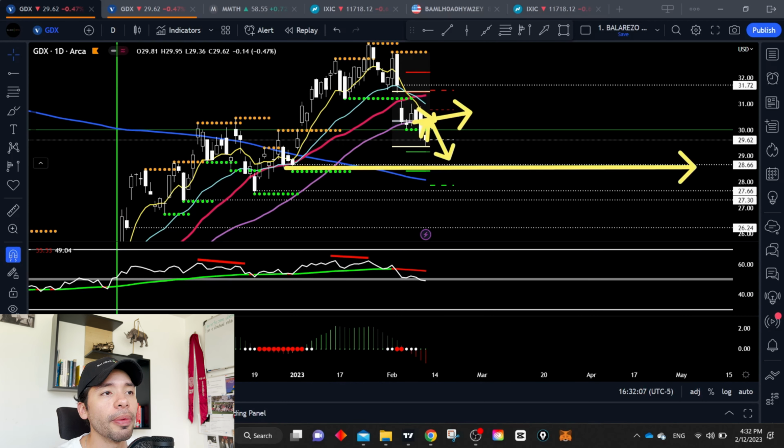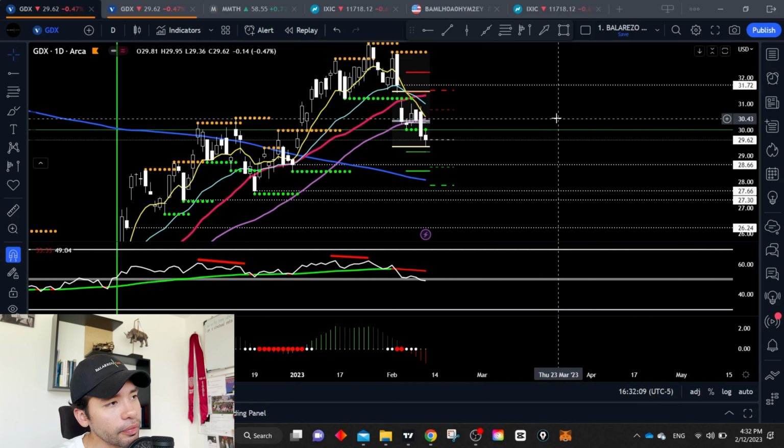So those are the ideas that I have for next week. We have a couple of bullish trades and a couple of bearish trades. Just be aware that the expectation is a bounce. My expectation for next week is a bounce from support, but I think there's a very high probability that the bounce is going to come right into resistance, and the level that we're watching on the SPY once again is going to be